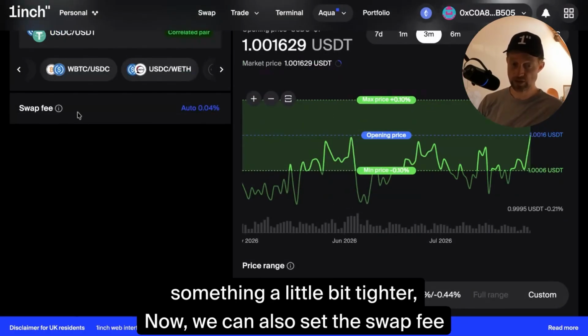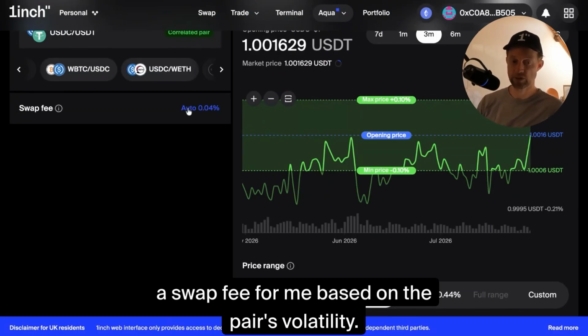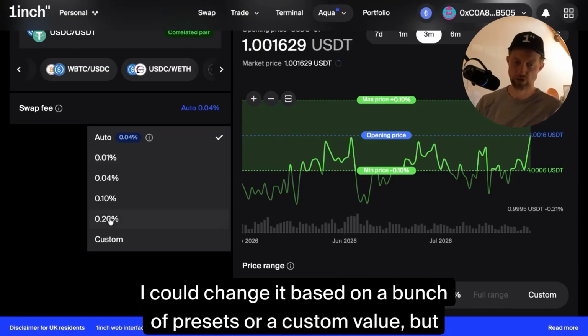Now, we can also set the swap fee here. Again, Aqua has automatically suggested a swap fee for me based on the pair's volatility. I could change it based on a bunch of presets or a custom value, but I'm going to leave that